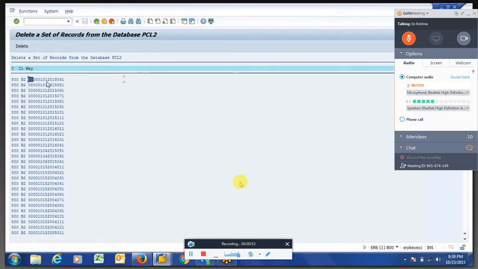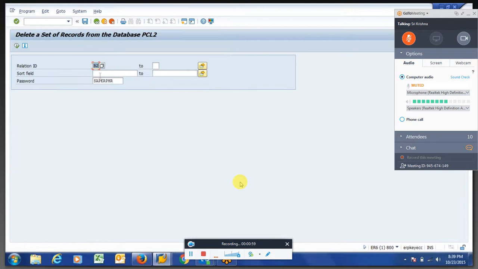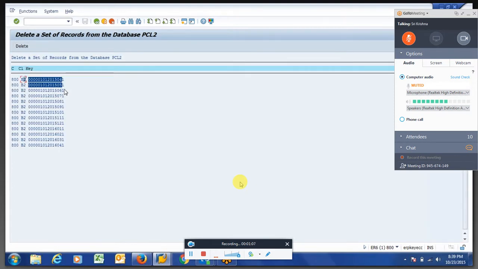See, if you see, this will be the employee ID and this will be the date. So if you want to delete for a particular employee ID, you can give the employee ID with the 8-digit code. You will get what clusters are there. If you want to delete all, you can say delete. It will delete all the cluster tables.